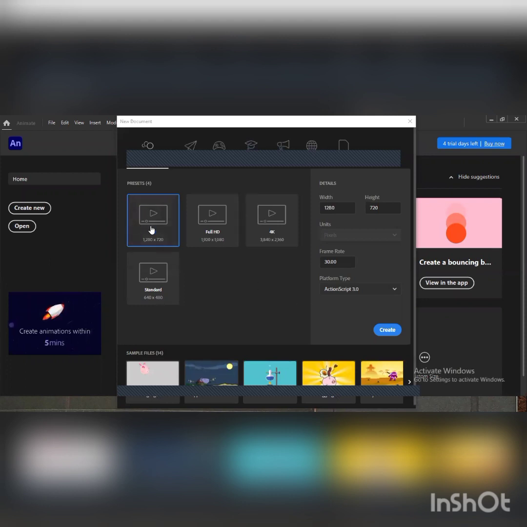By default it is in HD form and the platform type is ActionScript 3.0. Just click on the Create button to create a new document. When you click on the Create button, a new document will be created.